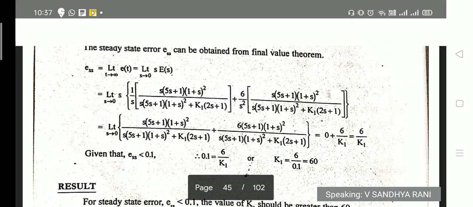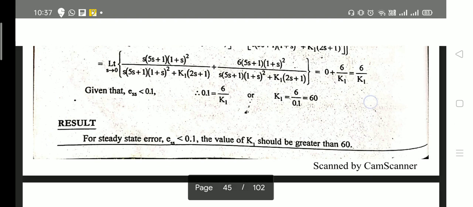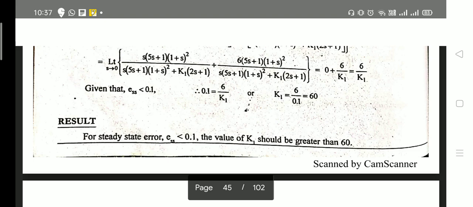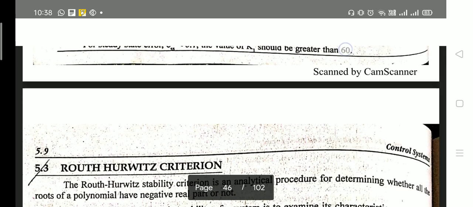So 0.1 is equal to 6/K1. From this K1 is equal to 6/0.1, that is 60. For steady state error ess less than 0.1, the value K1 should be greater than 60. Okay, this is the final